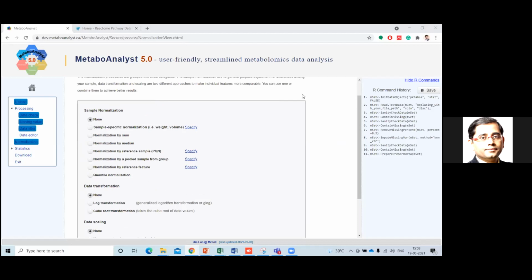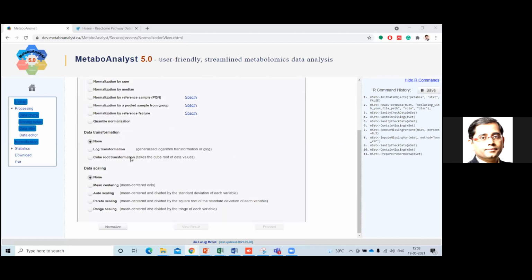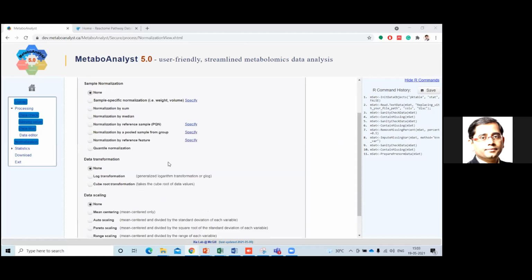Okay, so let me assume that all of you have reached this step. Now what we need to do is compare. If you want to compare 2 things, you need to understand that those 2 things are at least the same without any variability, right? For that, we will do a normalization over here. Normalization is something that tries to decrease the technical variability present in the data.